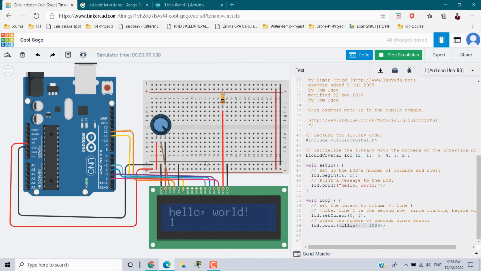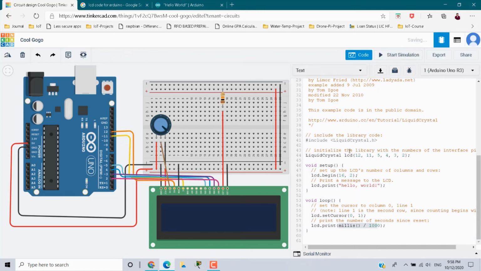If you reduce the potentiometer, that brightness will be reduced, because here this is the wiper which is giving connection to this contrast. So when you increase the contrast, it will increase the display brightness and you will get the message. And stop this. So as I told, this is accepting maximum 16